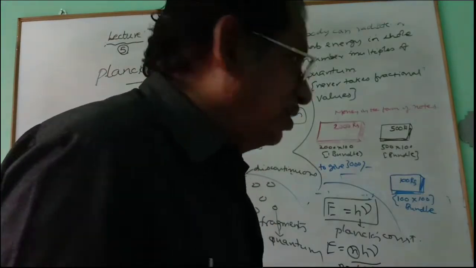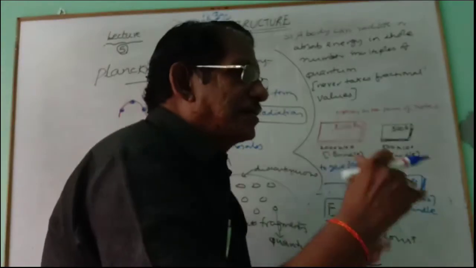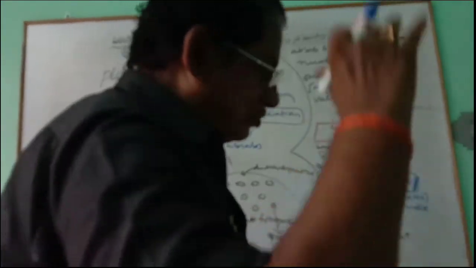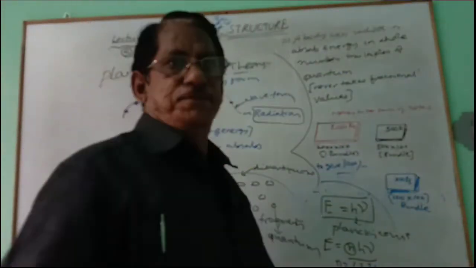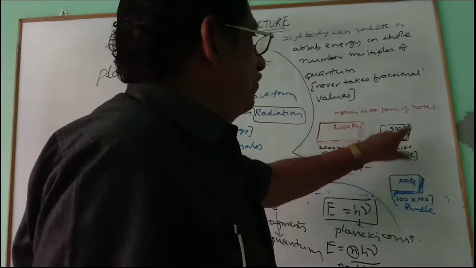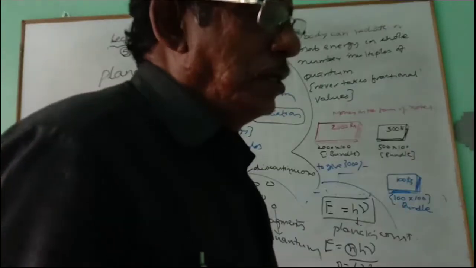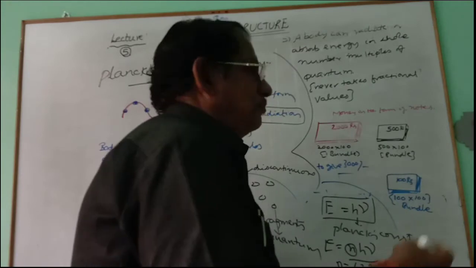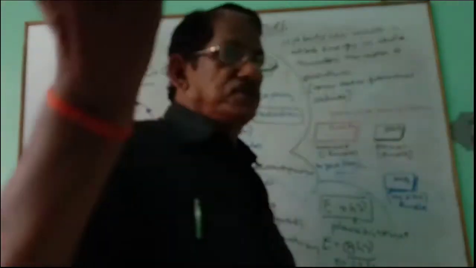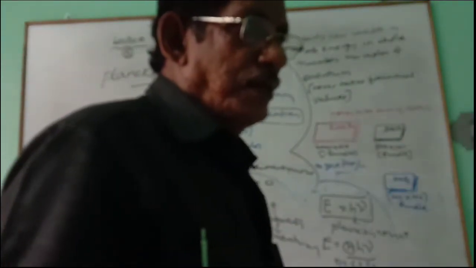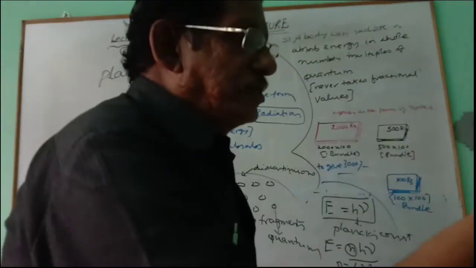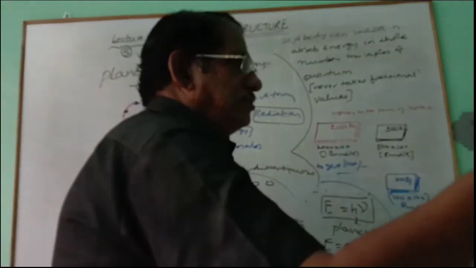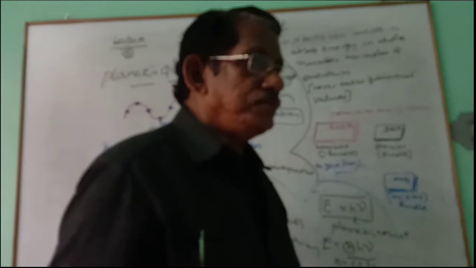So that is why you cannot get the fractional value of 2000, means you will get the multiple values of 2000 only, 1, 2, 3, etc. up to 100. Similarly, here you can take 500 rupees notes. If I ask you to give 5,000, 10 into 500, 5,000, you will give 10 notes. If I ask you to give 1,500, 3 into 500, you can give.